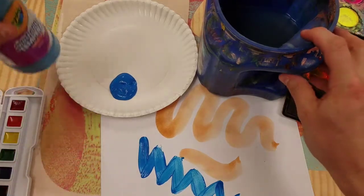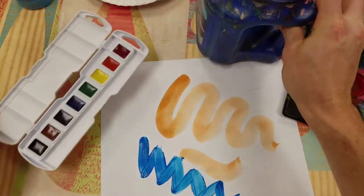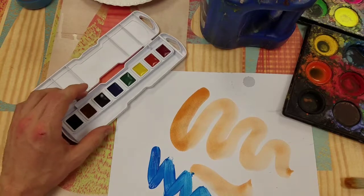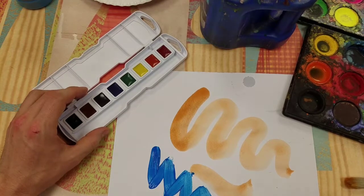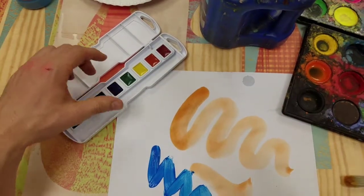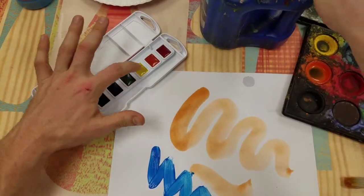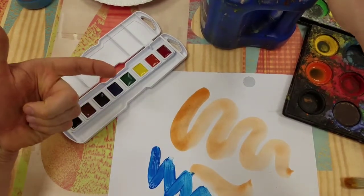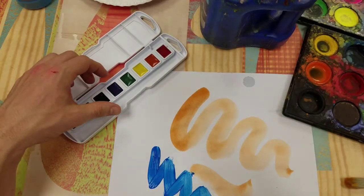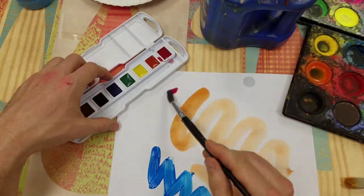Last little bit of paint that I want to show you is a set that may look familiar. You may have seen a set like this at some point in your life. It's a great paint set. It's called a watercolor paint set, and that's when we get that really soft brush out that I was talking about earlier. Always, always, we need a wet brush to make watercolor paints work, and they're dry like the tempera cakes initially. So if I touch these, you'll notice that my finger's not wet, but if I get the paint set going by adding a little water to it, do a little wiggle there in the paint set,